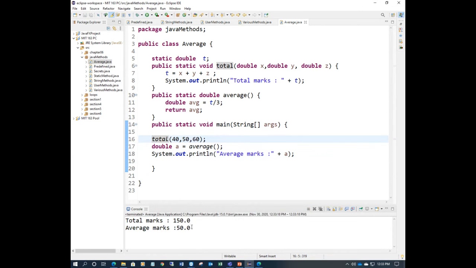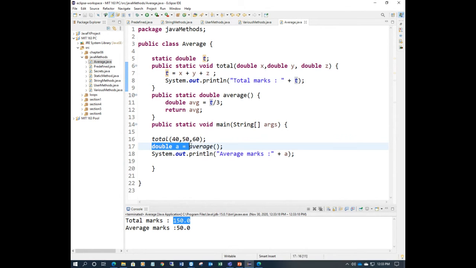Run the program and you see average marks 50. I'm calling first with 40, 50, 60. I'm giving the marks: x is equal to 40, y equal to 50, and z equal to 60. I'm calling this method. It will take x, 40 plus 50 plus 60, calculate the total and print the total, 150.